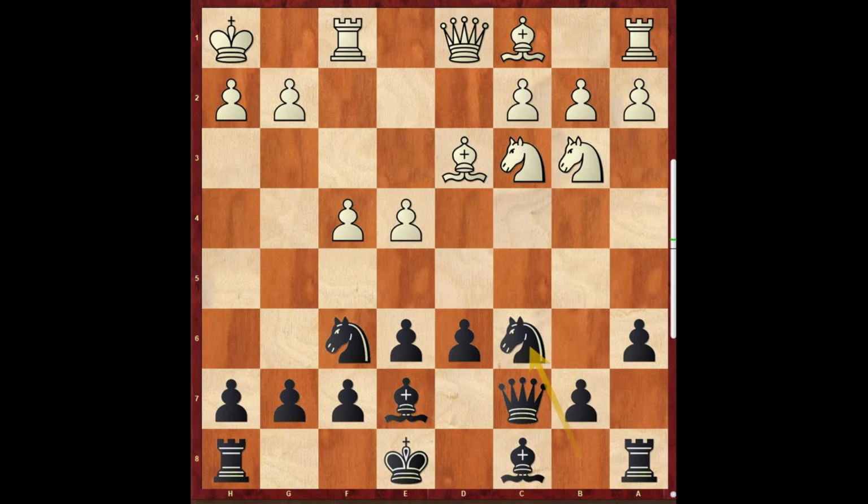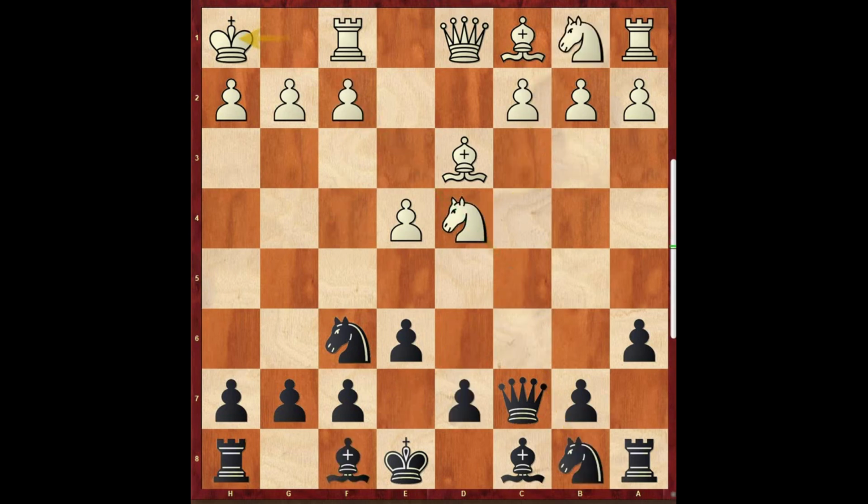Let's now look at the main line, queen e2. So going back to this position, after queen c7, we move queen e2, insisting on playing the move e5. Here we play d6, guarding the e5 square. If they go c4,